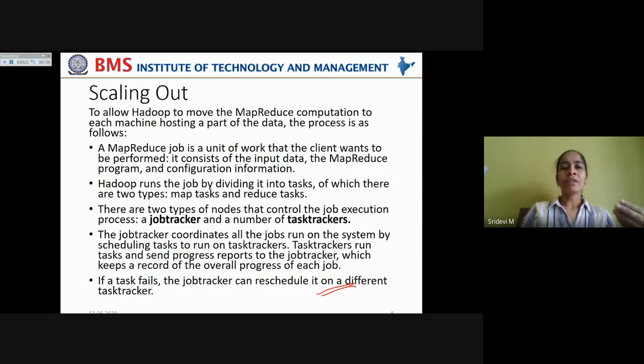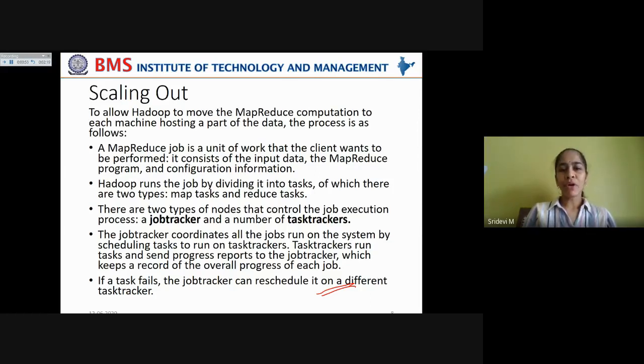Rather than that, the computation is transferred to the nodes where the data resides so that you can save on the bandwidth and you won't result in network bottlenecks, right? For that, how to scale up, what is the process in order to scale up this particular task.